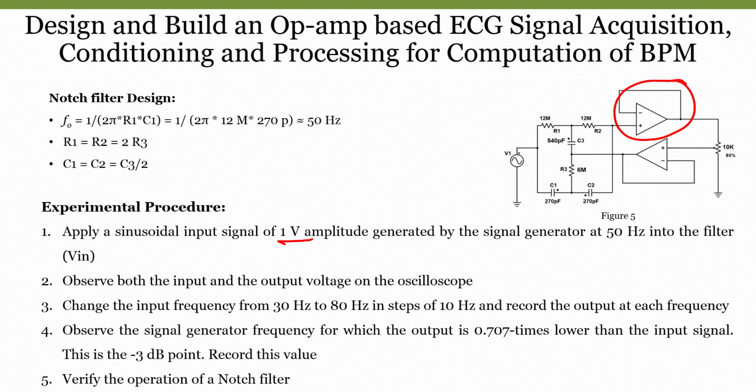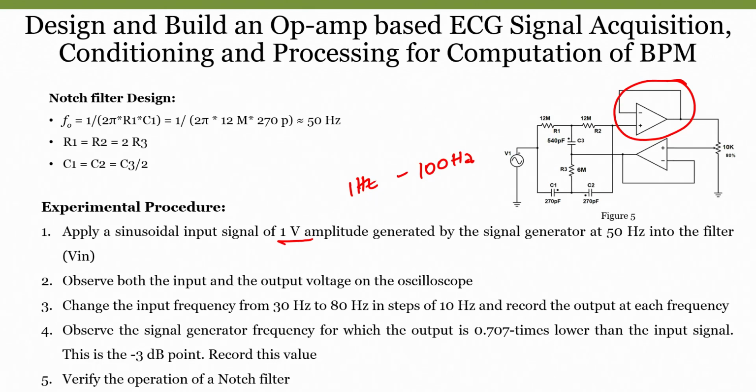When we change our input signal from 1 hertz to somewhere around 100 hertz, why do we not go below 1 hertz, and why do we not worry about more than 100 hertz? The reason is that this stage of filtering comes after the high pass and low pass filtering. We already know the high pass cutoff frequency is close to 1 hertz, and the low pass cutoff frequency is around 100 hertz. Frequencies lower or higher than that are not in our interest, so we do not have to test our circuit in that range.